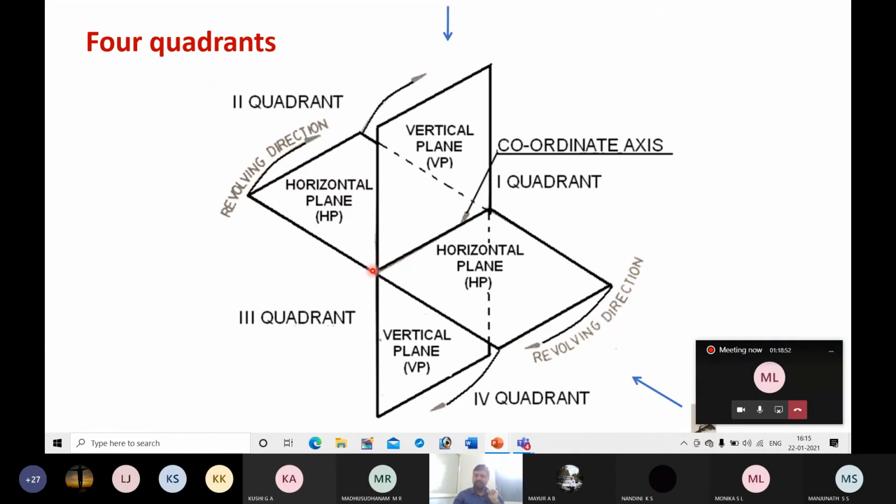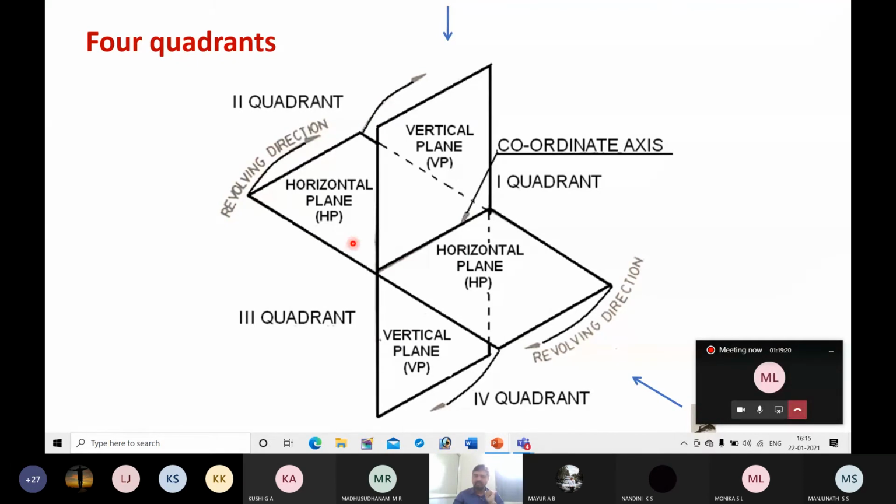These two will intersect one another. That line of intersection is called the xy line. This line we call xy and it is called the coordinate axis. Need not worry about that now. When we place a vertical plane and horizontal plane in this manner, consider these as transparent planes.